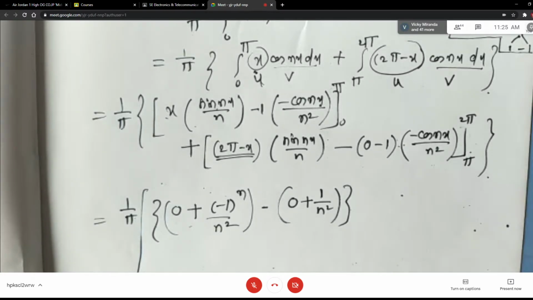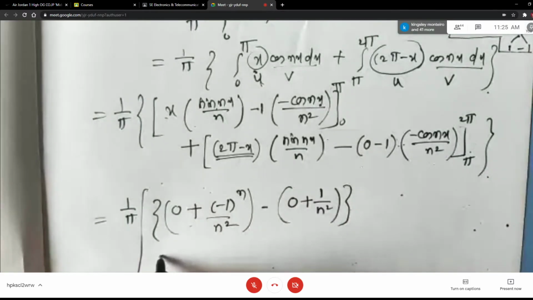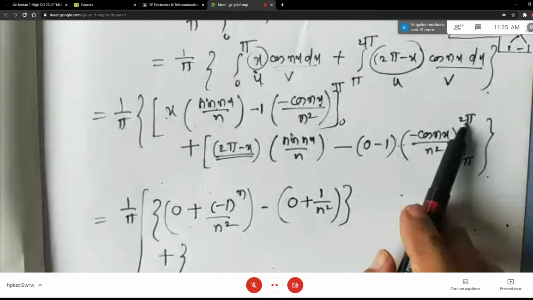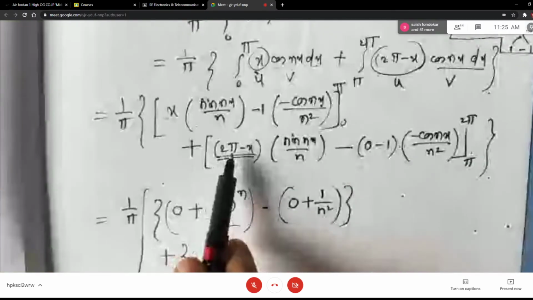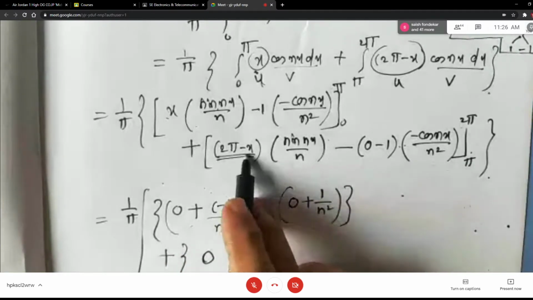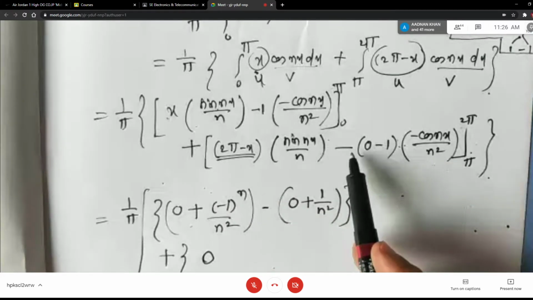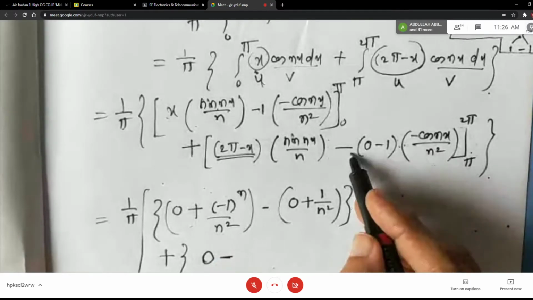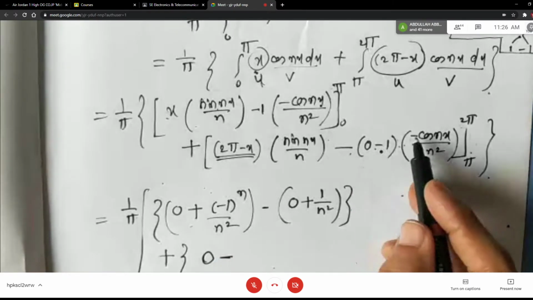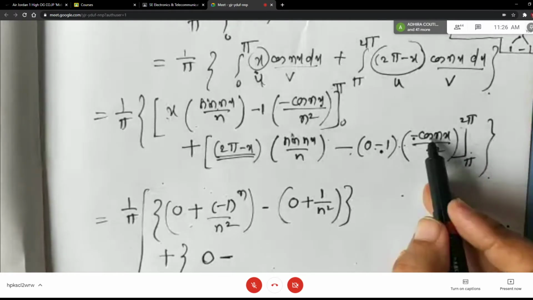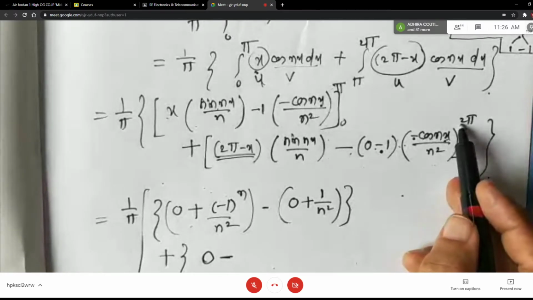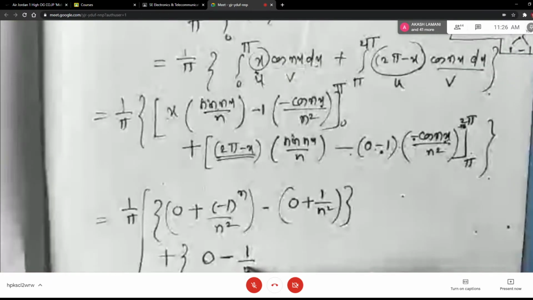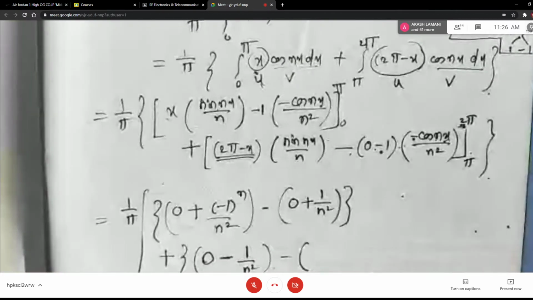Okay. Now let us go to the second bracket. Now first you have to put x is equal to 2 pi, right? But here observe students, 2 pi minus 2 pi is 0. So the first full term will go to 0. Now here what happens? There are 3 minus signs. 3 minus signs means 1 minus sign, because minus into minus is plus and plus into minus is again minus. So cos of 2n pi here. So 2 is reflecting, therefore the value of cos of 2n pi is 1. So 1 by n square. So the upper limit thing is done.